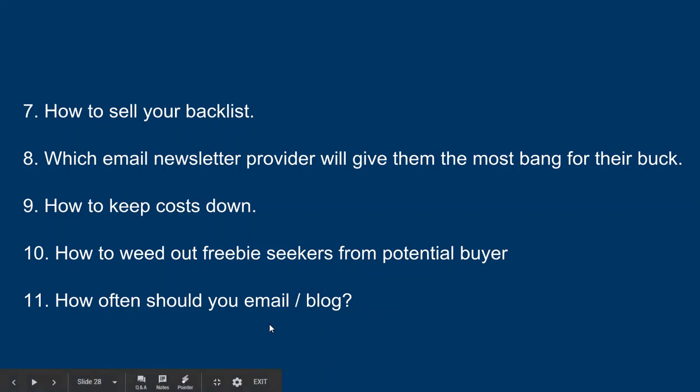Once they're on my email list, my autoresponder series is probably like 12 emails right now. So that's about 6 weeks of content. So they're hearing from me twice a week for about 6 weeks. And by that time, they probably know who I am. It's enough time that they've started to read my books and figure out who I am. And I've been able to share a lot of good content with them. And after that, I might only blog once or twice a month.